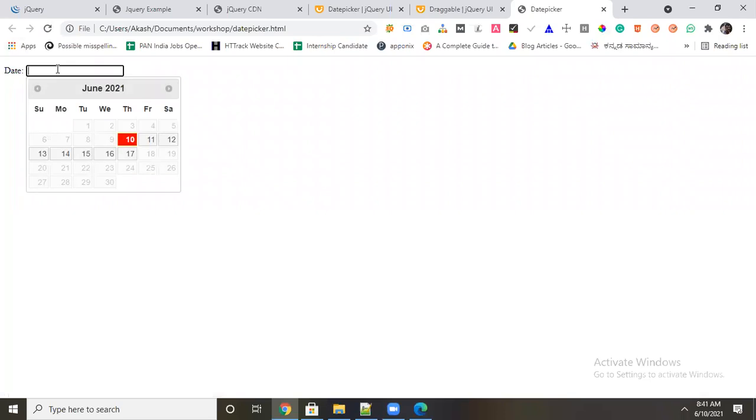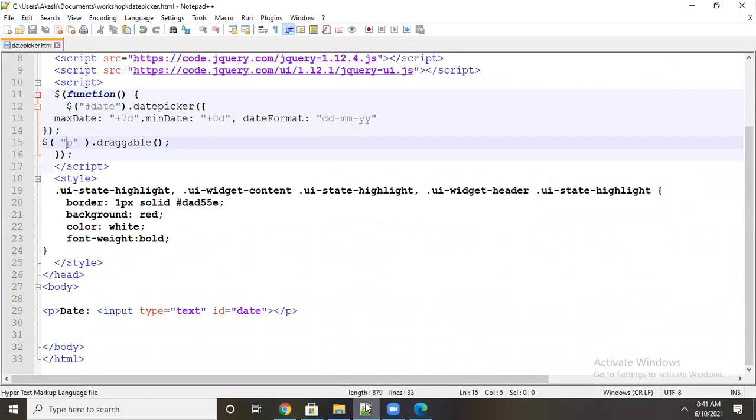Now see, I can move it anywhere. It means any kind of selection we can use here.